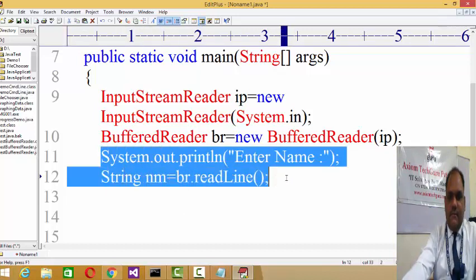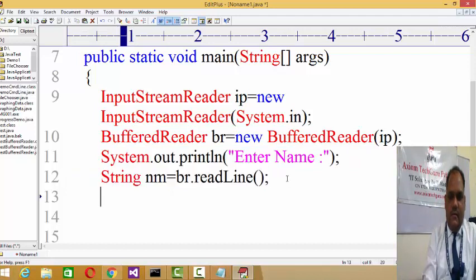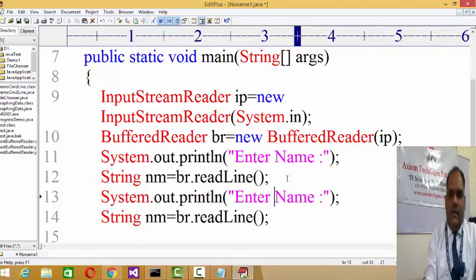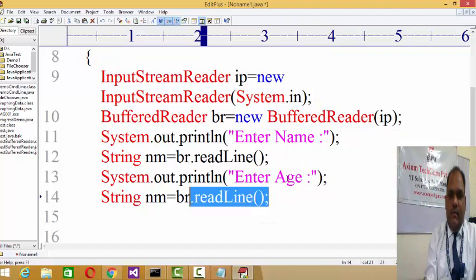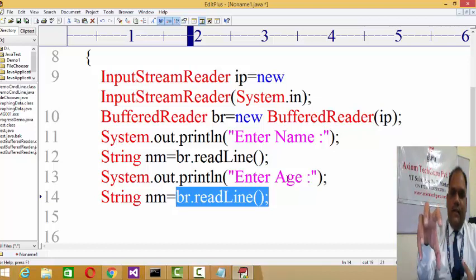And the second is, let's say I am putting "Enter age". As I said, all the data is available in the buffer. So while reading the data, only one type of data reading is possible, that is, it will read the data in the string format only, right?